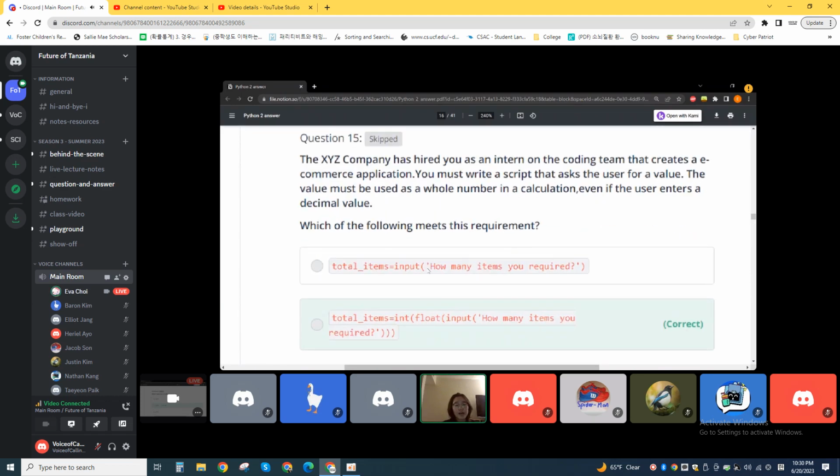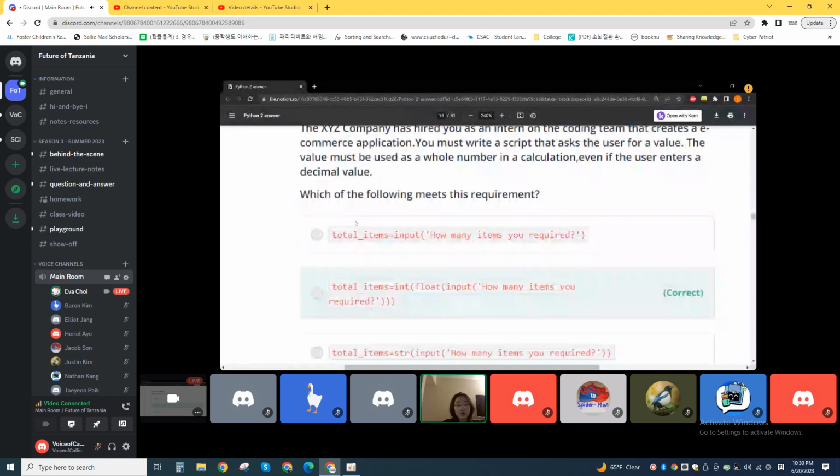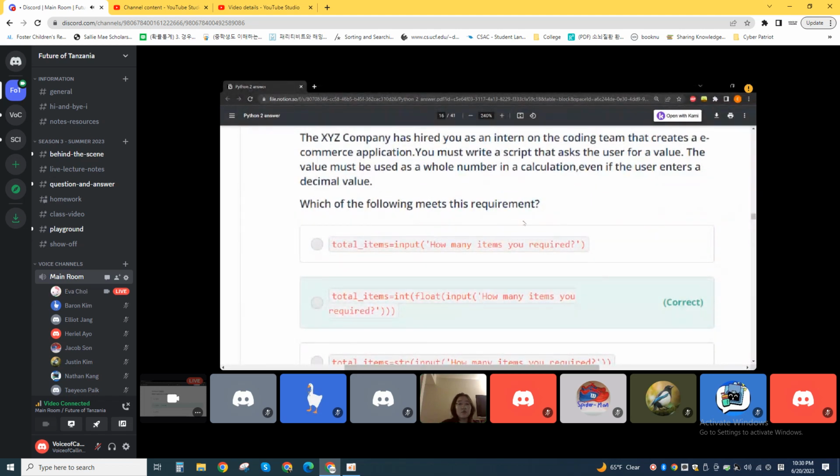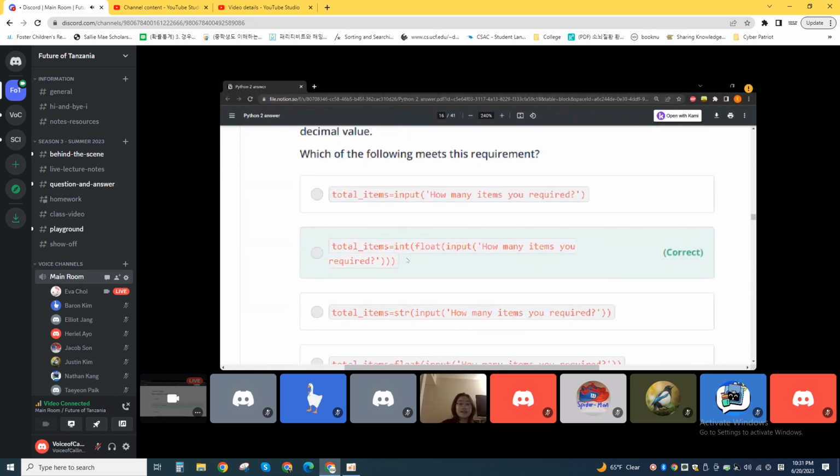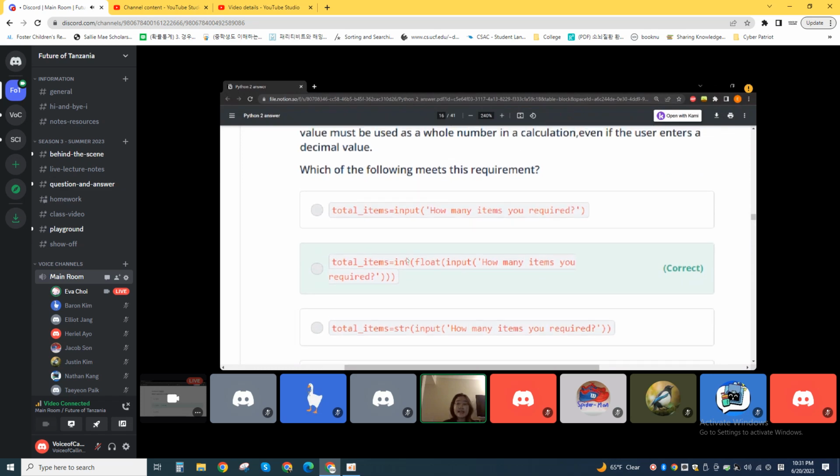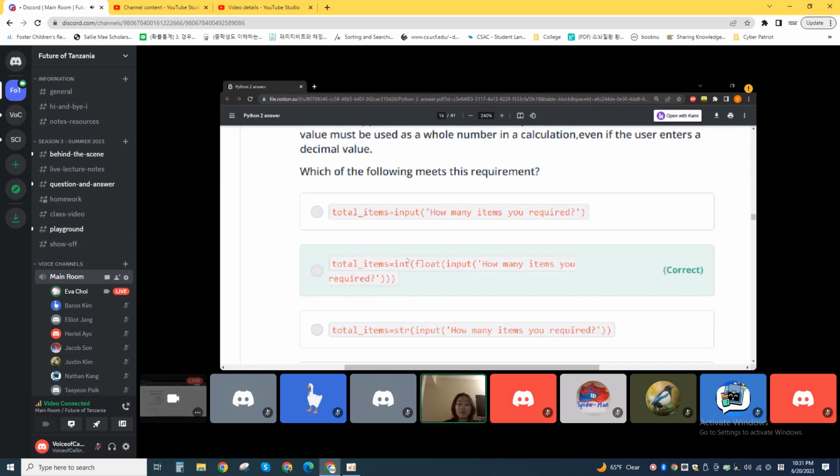The next question is asking for a script that asks the user for a value, where the value must be used as a whole number even if the user inputs a decimal number. So the choices. This first one is incorrect because remember that it needs to be used as a whole number. So if the user were to input a decimal value for the first, it would still be equal to a decimal value. The second choice is correct because it's taking the input in as a decimal value first, and then